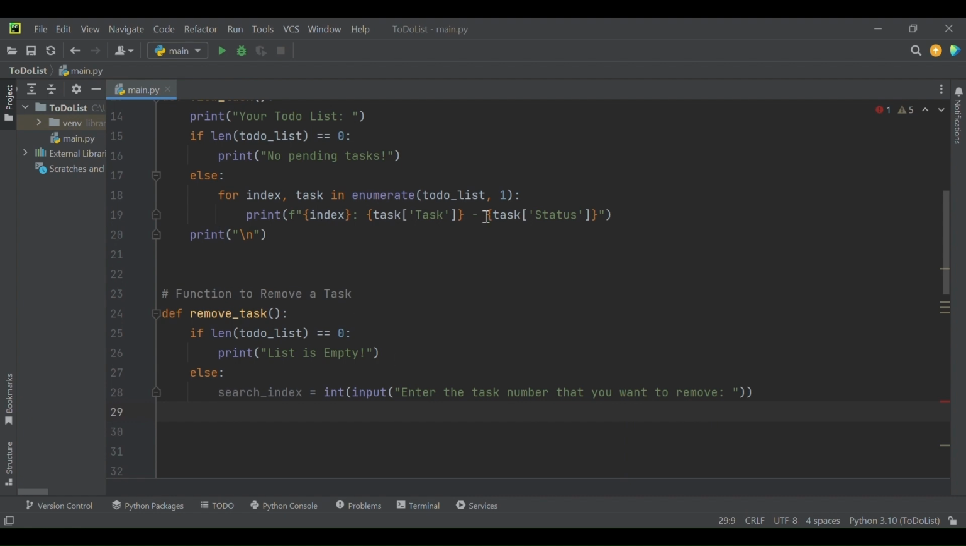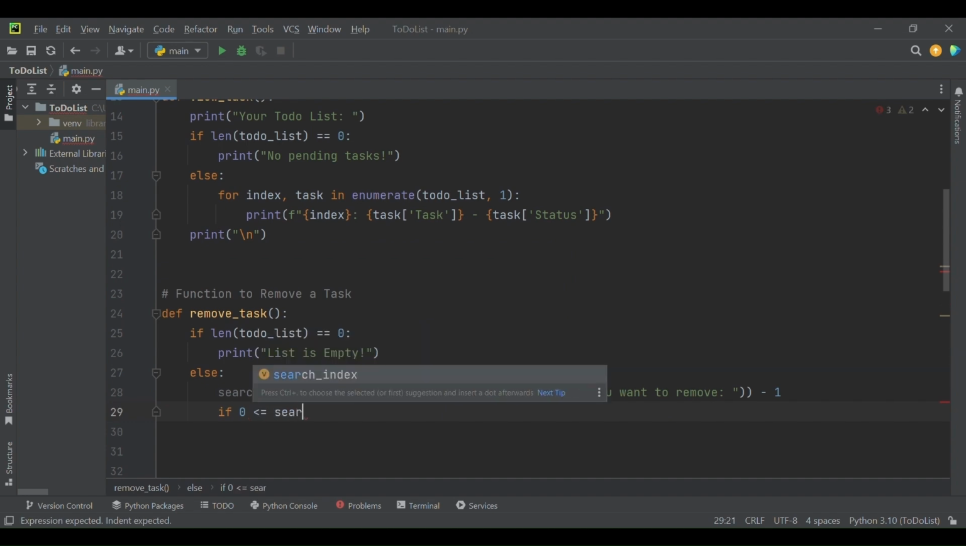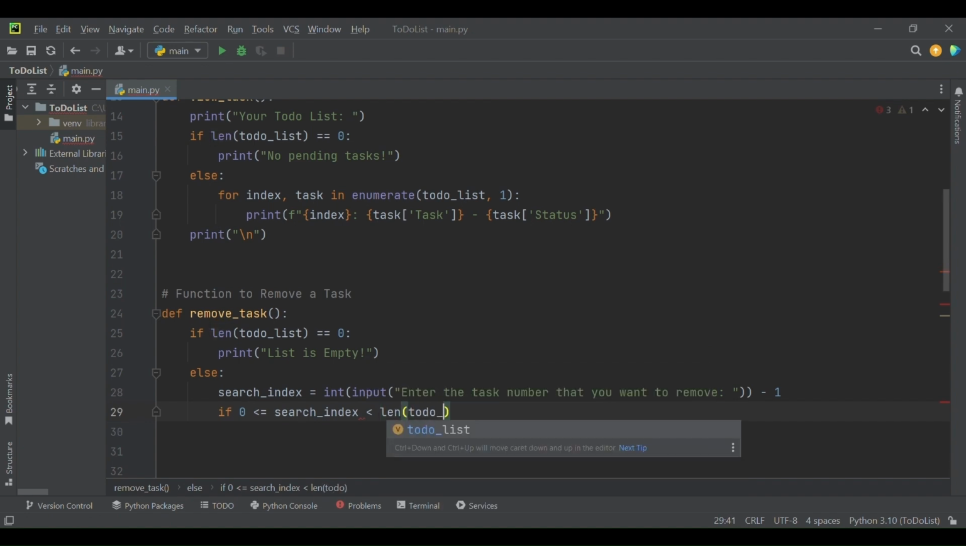But in our case we are displaying the values from index 1 instead of index 0, and that is why we will have to subtract 1 from here. And now we will check if the search index lies in the range 0 to the length of the to-do list. So here search index should be bigger than or equal to 0 but less than the length of the to-do list. Then in that case we will be storing the removed task in a variable called removed task,